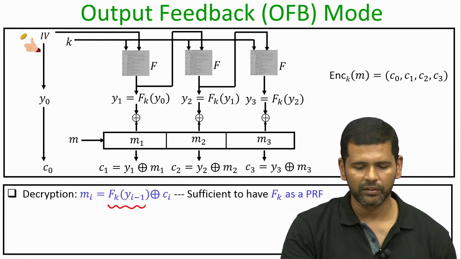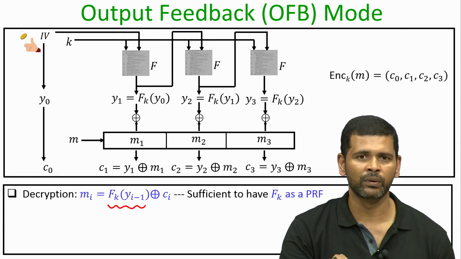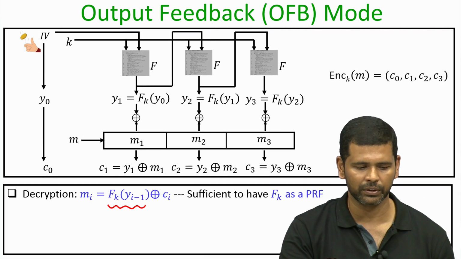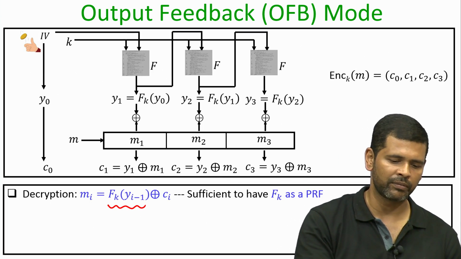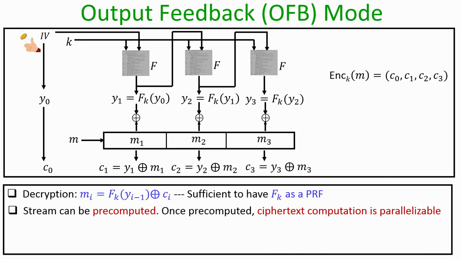That means it is sufficient in this mode of operation for f to be just a pseudo random function. We do not need the function f to be an invertible function; it suffices for fk to be just a PRF here. And the advantage of this mode of operation is that the stream can be pre-computed, and once pre-computed, the cipher text computation is parallelizable. That means we cannot generate the stream of pads in parallel, because the pad generation happens sequentially, but once the offline phase is over and the pad is available, whatever message blocks we want to encrypt, the encryption can happen